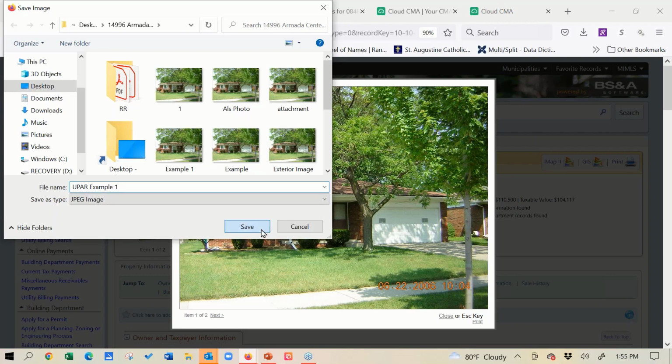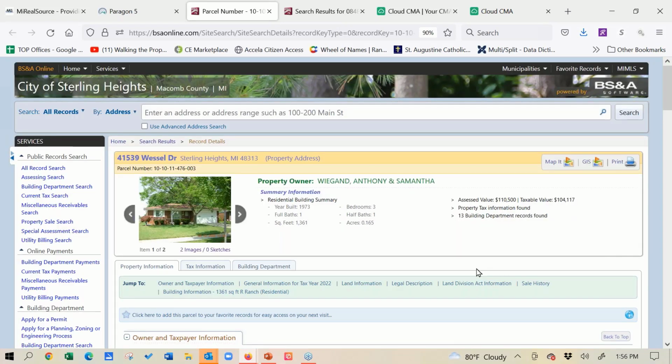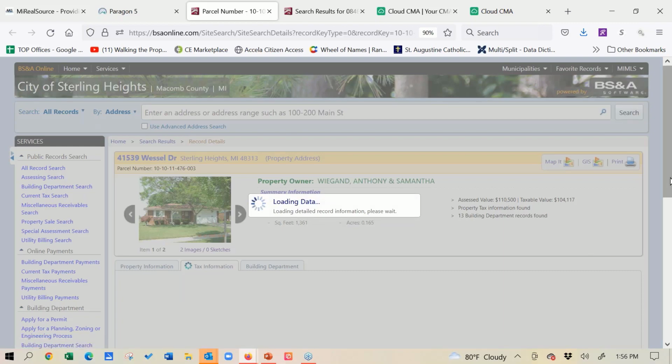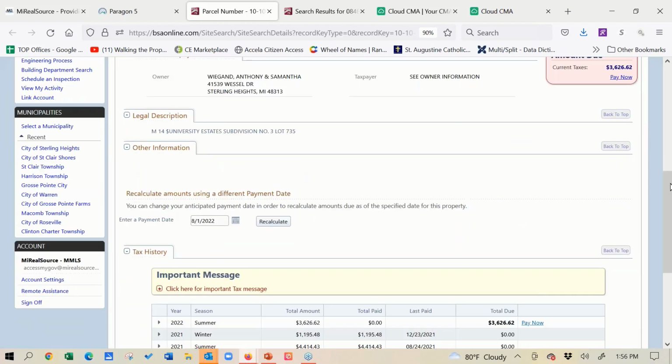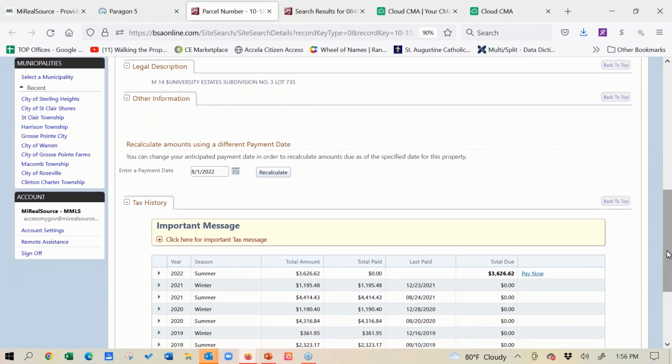And then I can use it in my CMA. Now, another thing that I would recommend you do is I like to bring the BSNA record into my CMA. Because when they ask me, well, where did you get that square footage? Where did you find out I have those delinquent taxes? And when they say, you never told me about those delinquent taxes, well, guess what? I want to be able to have that so I can say, well, actually, and we can see right here,